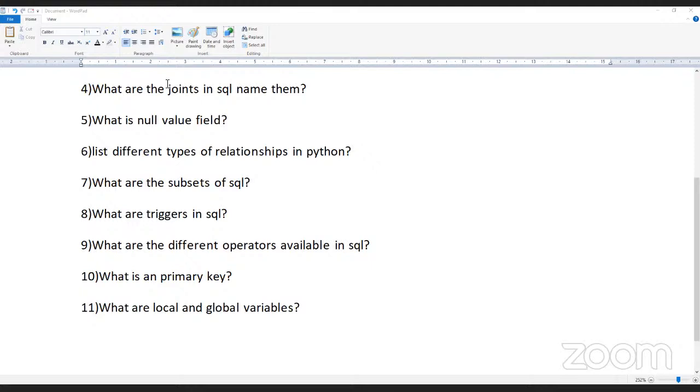Whereas you come across the global variables, these are variables which can be accessed throughout the program. Whenever you need these global variables, you can access them at any particular time. Global variables cannot be created whenever a function is called. So that's the thing. So as we go with the next question,